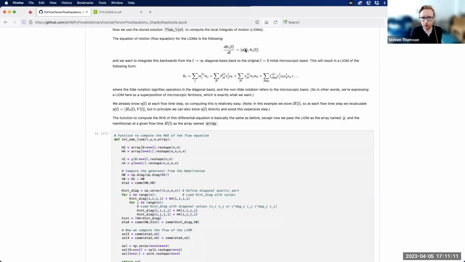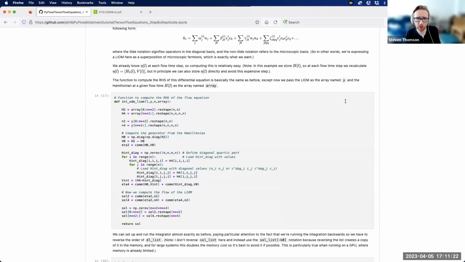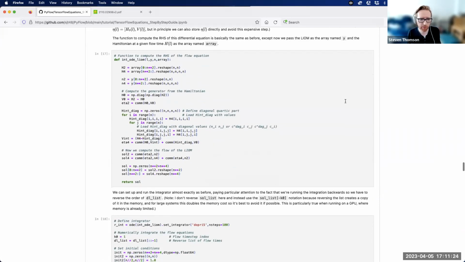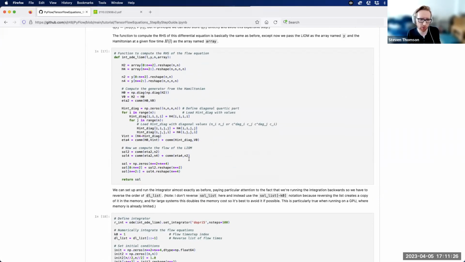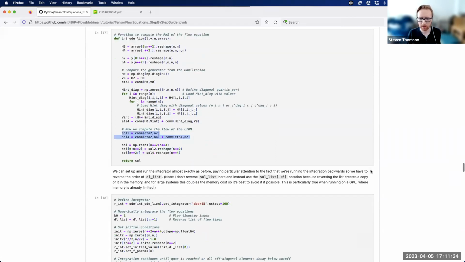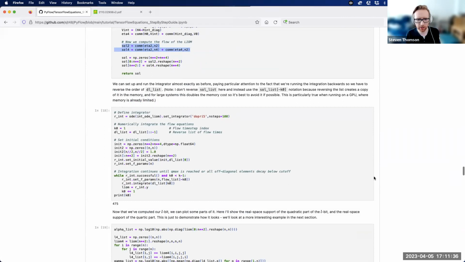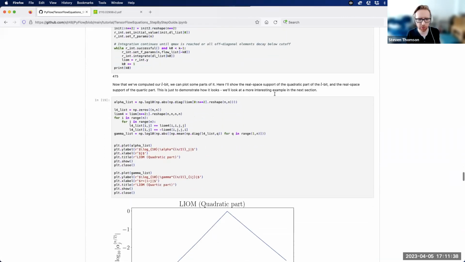But all of this is the same. It all comes back to computing these same commutators. N is also stored as a matrix for the first two parts and then a tensor for the later parts. It's transformed with all the same code as before. In fact, this is almost exactly the same code as before. I just added 2 extra lines here to compute the flow of the L-bit, as well as the flow of the Hamiltonian itself. Then you just run through all the same things as before, same numerical integration as before,